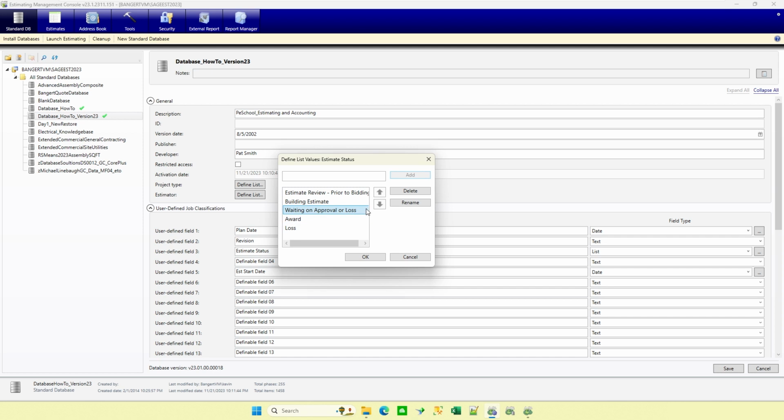Now if I wanted to do a report, I can very easily say, okay, show me all the estimates currently in the building estimate stage, to make sure all those estimates are getting built before I need to submit the bid to somebody. Or maybe some of these estimates are past the bid date, but no one's really given us word on whether we've been awarded it or not, or they're still pending. Is there any follow-up that I need to do? Those types of things.